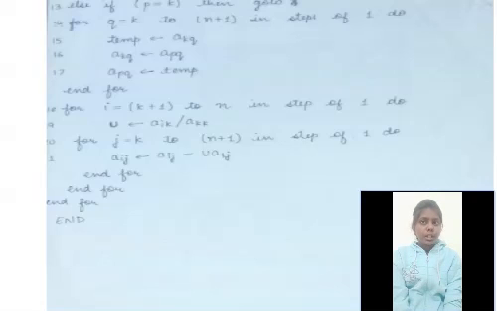We will end the loop here and we have another loop, for i equals k plus 1 to n in steps of 1. It will store the value of u, where aik divided by akk will be stored in u. We have another loop in i, for j equal to 1 to n plus 1 in steps of 1, where aij will be updated to aij minus u times akj. We will end all the loops here, and it will be the end of the algorithm.